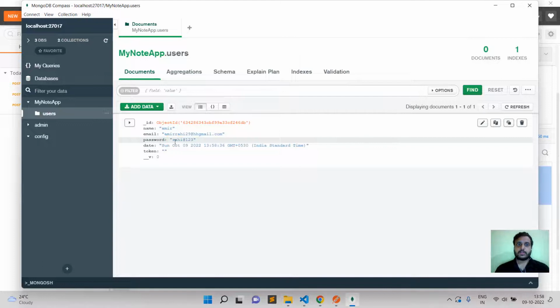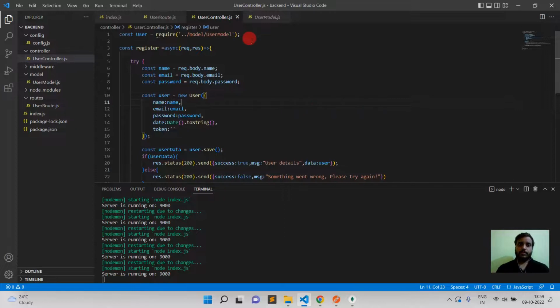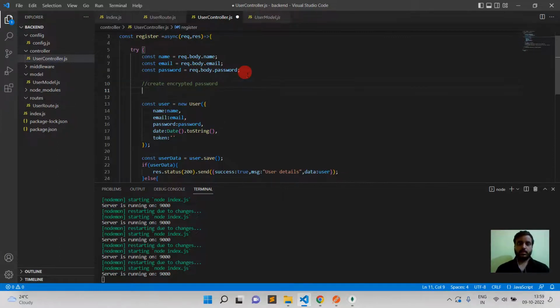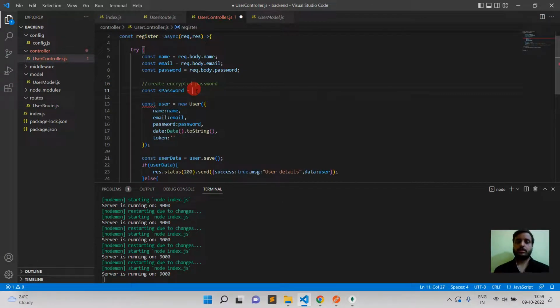Okay, but now the password is not encrypted and the token is blank, so I'm going to encrypt this password and send the token here. So create encrypted password. Here I'm going to take one variable and write await and